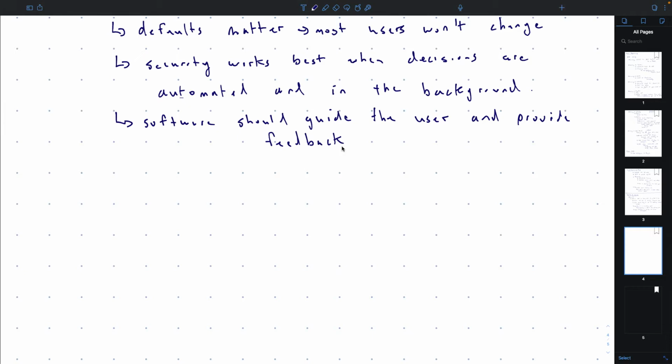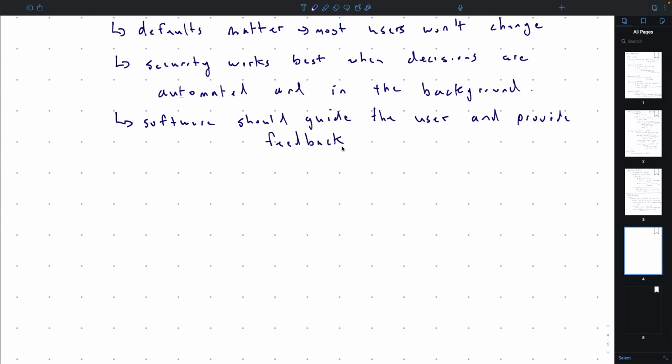What we expect from our software is that the software will actually guide us, right? So if I have something that I want to do, I'll go look in the menus or I'll look at the user interface, and it should be intuitive how I accomplish that task. And so the software should guide you, and it should also provide feedback, right? So like, what's the current status of the software? I think it's doing something. Is it actually doing what I think it's doing? And so I should be able to see that.